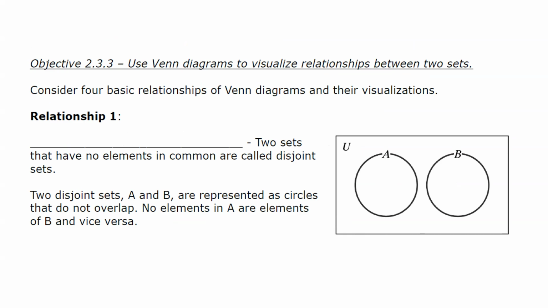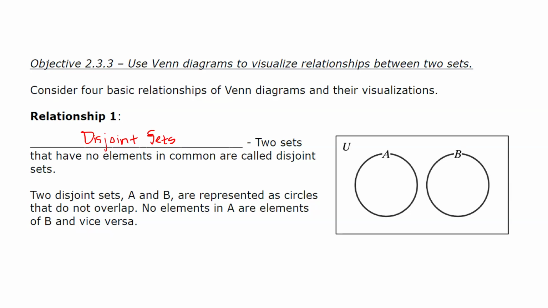Objective 3, use Venn diagrams to visualize relationships between two sets. So we're going to consider 4 basic relationships of Venn diagrams and their visualizations. Relationship 1, disjoint sets. Okay, disjoint sets. For example, you have 2 sets that have no elements in common, and these are called disjoint